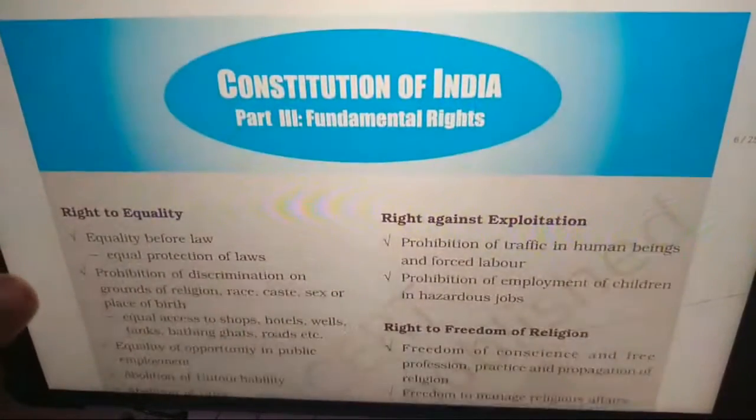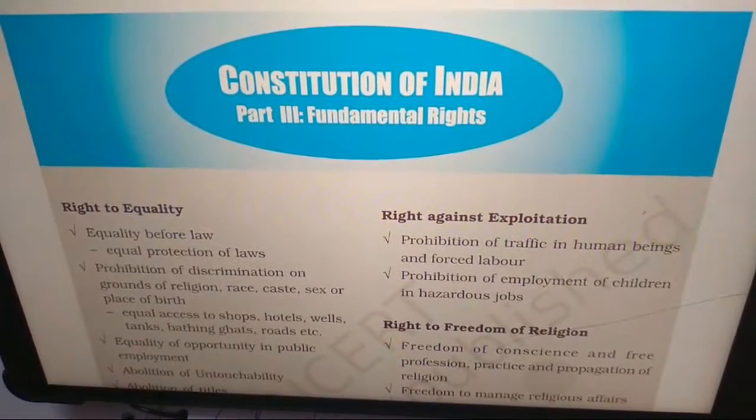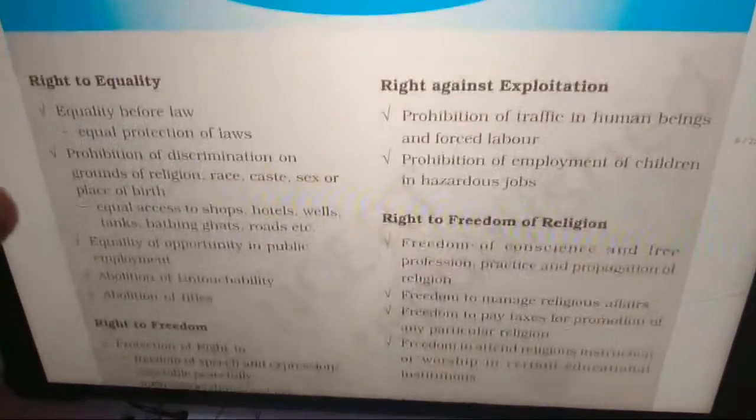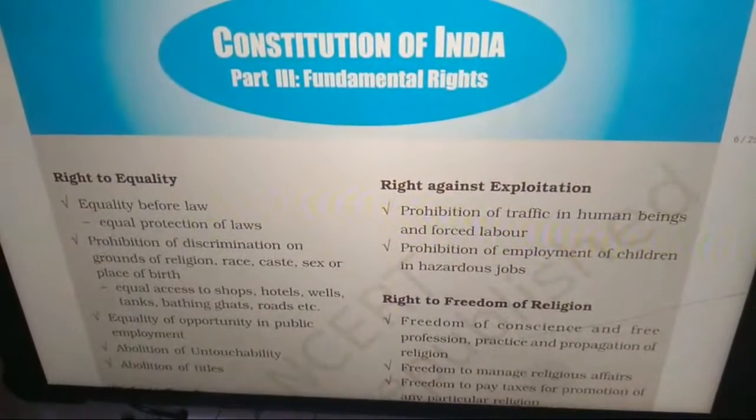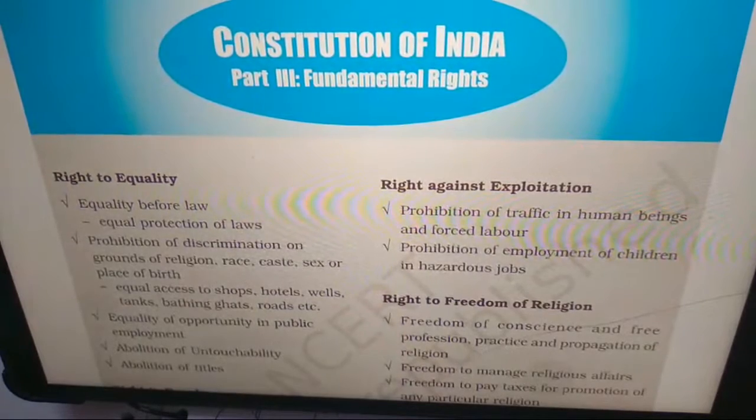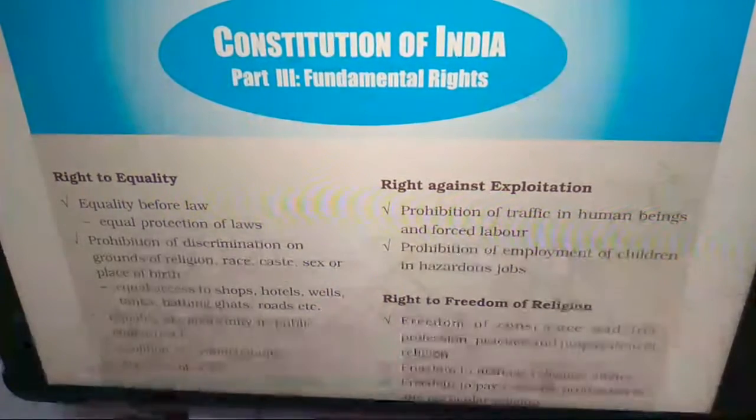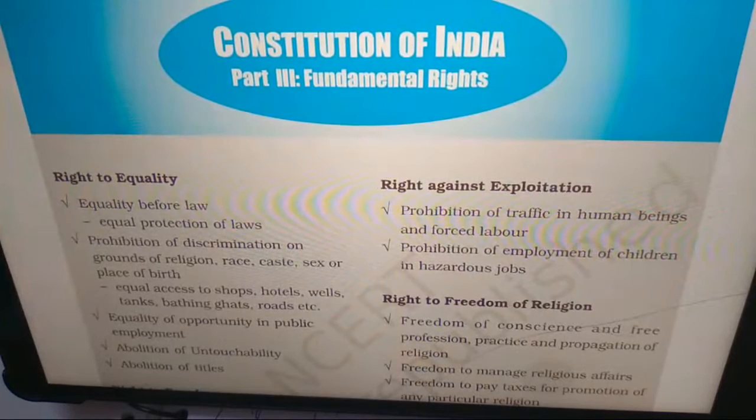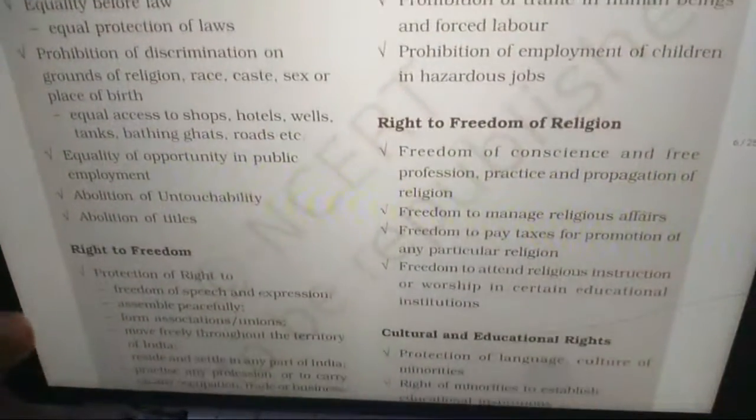Constitution of India, Part 3 of the Constitution of India, Fundamental Rights, Right to Equality. Right to equality, equality before law, equal protection of laws, prohibition of discrimination on grounds of religion, race, caste, sex, or place of birth, equal access to shops, hotels, wells, tanks, bathing huts, roads, etc. Equality of opportunity in public employment, abolition of untouchability, abolition of titles,